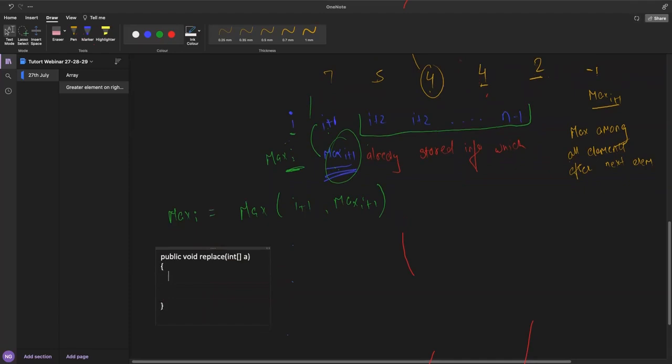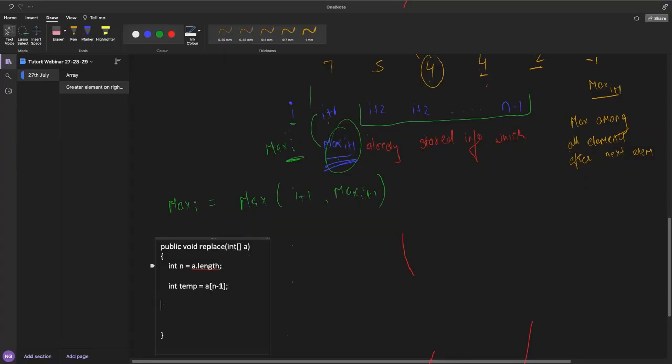Now I have int n equals a dot length. Length is a built-in function which will give you the length of the array. So I will take a temp and I'm taking the last element in it, because we will be processing from the last.